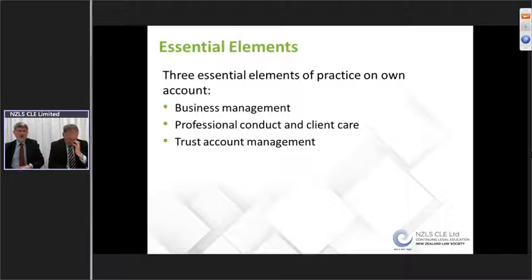Professional conduct and client care, and this is where our responsibilities to clients come to the fore. We obviously are under an obligation to ensure that we comply with the rules as to professional conduct and client care. We're all bound by Section 4 of the Lawyers and Conveyancers Act. And then the third element, trust account management. So once again, to take each of these in turn,